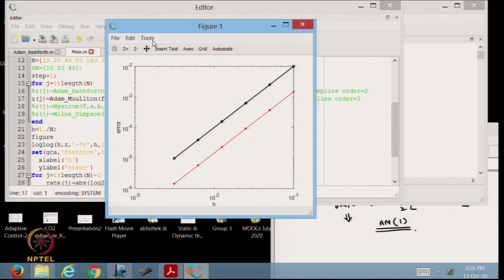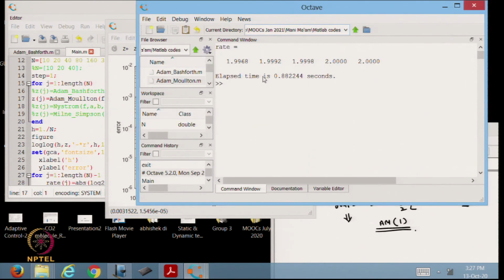Okay. Because in case of a first order method the line should be order of h, and in case of a second order method the line should be order of h square. So, both the lines should be parallel, that is how we can verify the order of the method numerically also. So, this is the right way to observe graphically, otherwise if you want you can also see by typing Z.